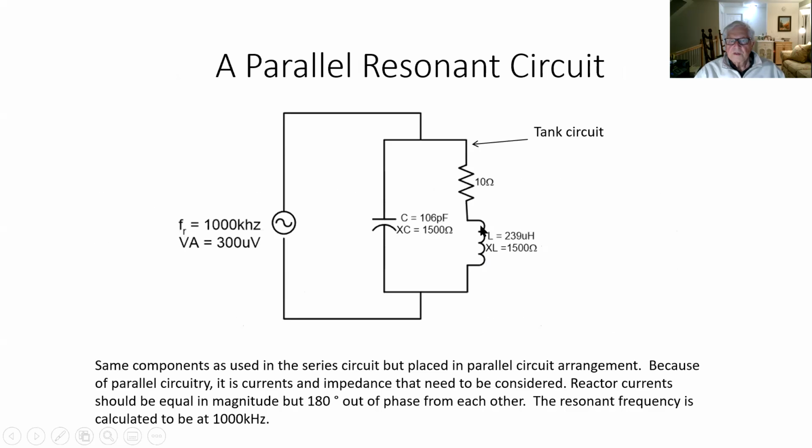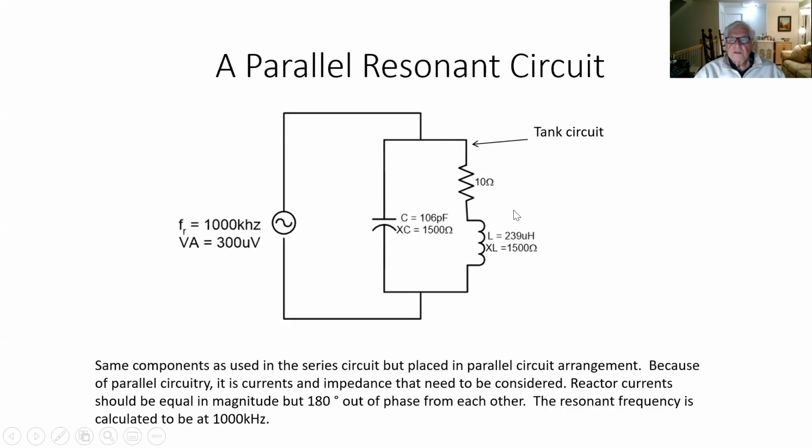It always has a resistive element to it in series with the inductor. Okay, so that's what the circuit looks like, and we're energizing it with 300 microvolts and the resonant frequency we said is at about 1,000 kilohertz. So we're imposing that, and we're going to get resonance in that